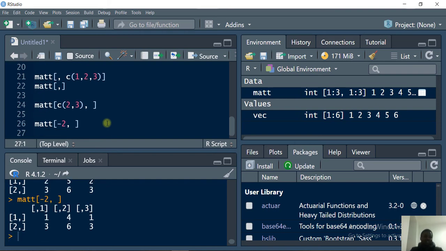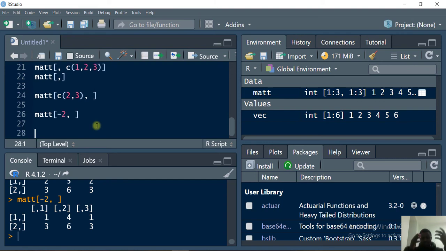So if I run this, this is what we have. Row 2 is excluded and we have information for row 1 and row 3 for all the columns. This is very easy when indexing a matrix. The other thing we also need to understand is this particular phenomenon that happens when you index a matrix